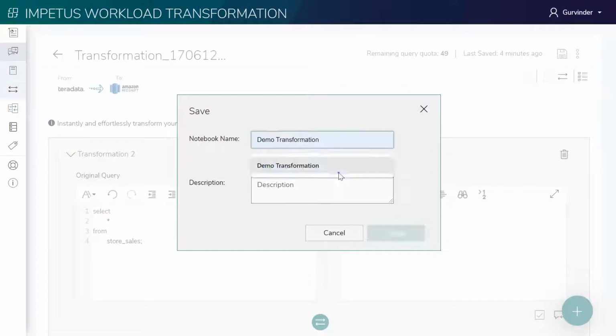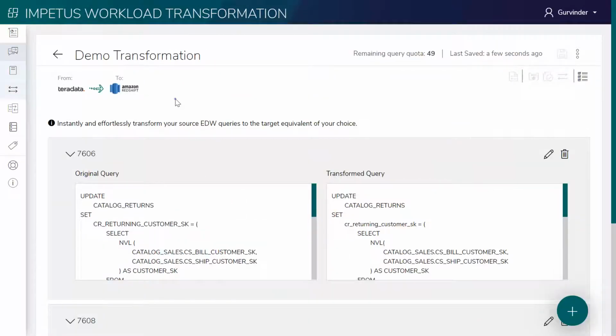Saving the notebook. The enterprise version features more functionalities such as importing queries in bulk, validating them after transformation, associating